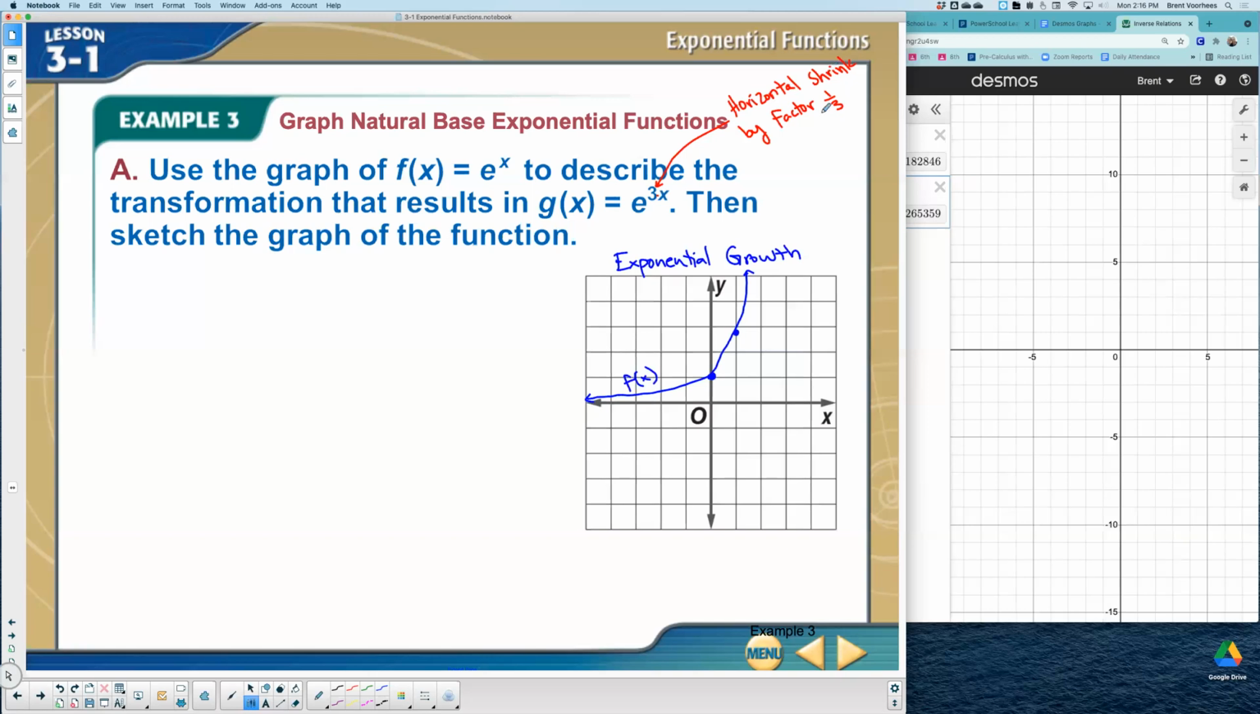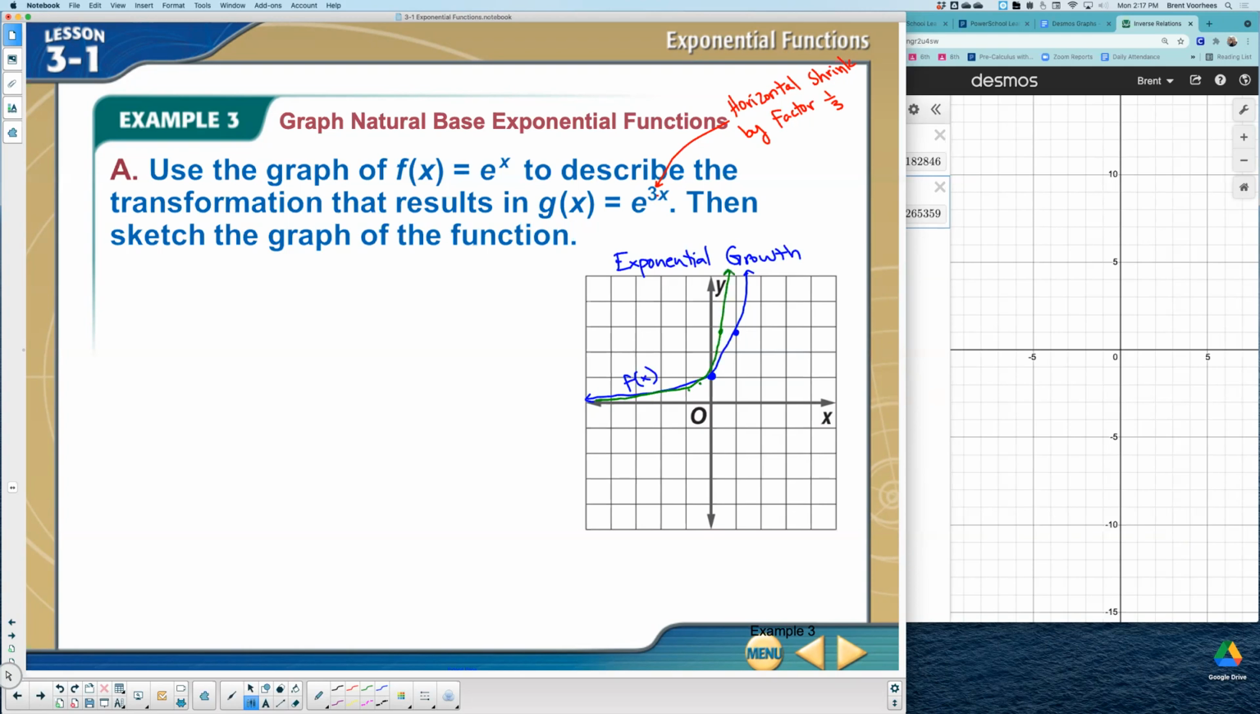G of x is horizontally shrunk by 1/3. That means every x value gets multiplied by 1/3. So at the x value of 1, this becomes 1/3. So you just put this point there. 0 would not change. So every x value would get multiplied by 1/3. So whatever that point is would come over here. This point would get multiplied by 1/3 over here somewhere. 2 would become 2/3. So it would be kind of like this, just inside